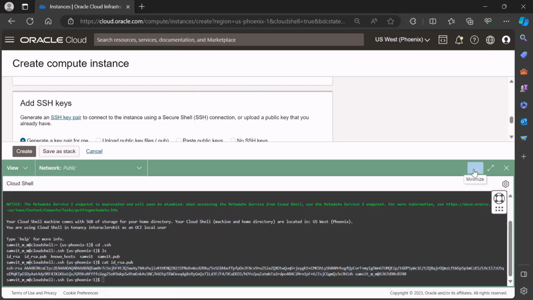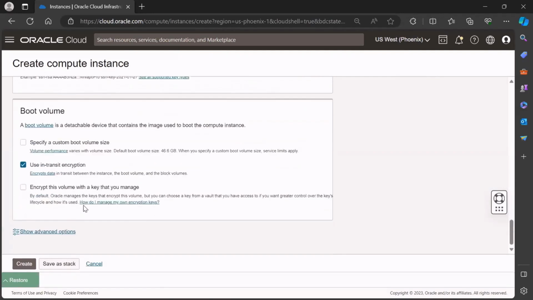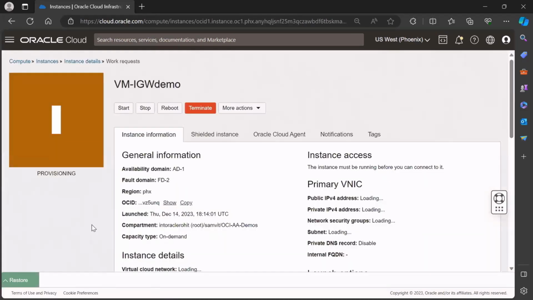So I already have the key pair. So I'll just paste the public keys. Rest everything remains the same. Click on create. So I'll wait for the compute instance to get provisioned, and then we will connect to the